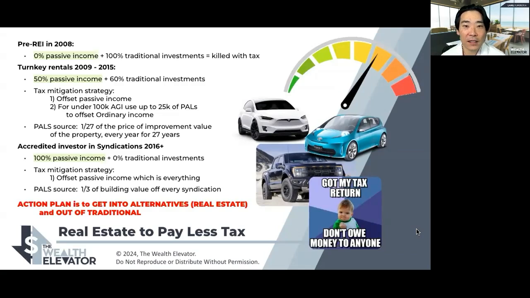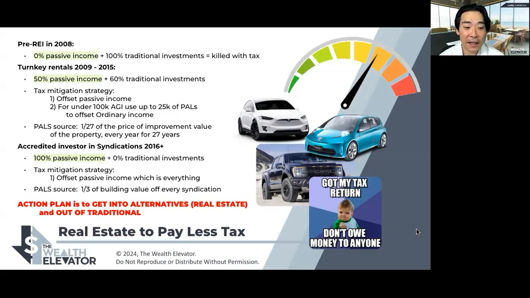And then again, one of the slides that I first started out with, my story, and I think this is the story and transition for most people out there going from very little alternative investments and no passive income, most importantly, right? The key tax terms here are highlighted in green. You're moving from that, you're getting killed by taxes. And most of you who are already accredited investors will probably skip over single family homes because of the high liability and just not scalable.